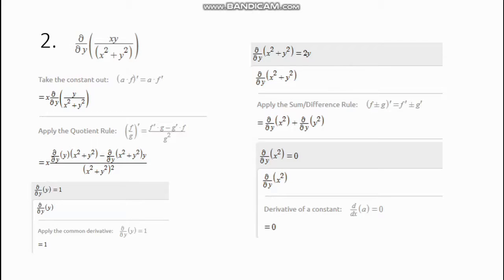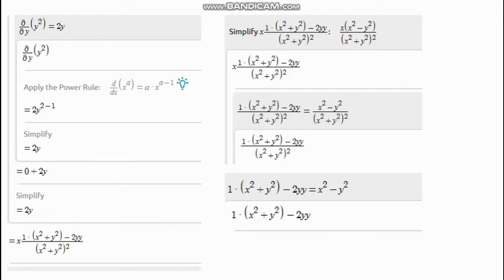We take the constant x out if we want to differentiate with respect to y, as you can see here. And then we apply the quotient rule again. It becomes 2y, you can see here 2y, and simplify it. It becomes 1 times x squared plus y squared minus 2y squared times x over x squared plus y squared to the power of 2. Then we simplify the numerator